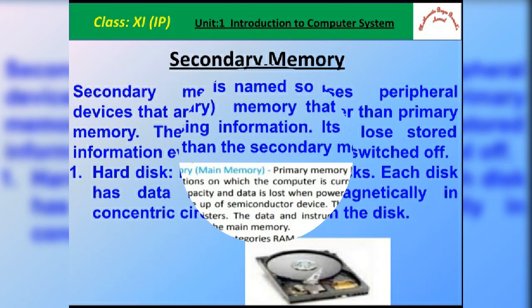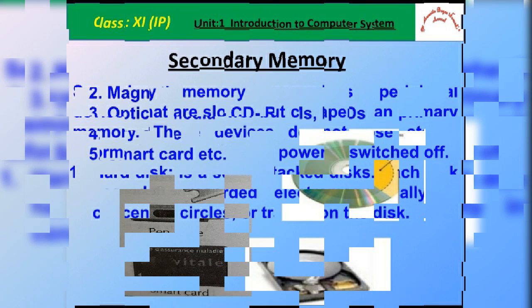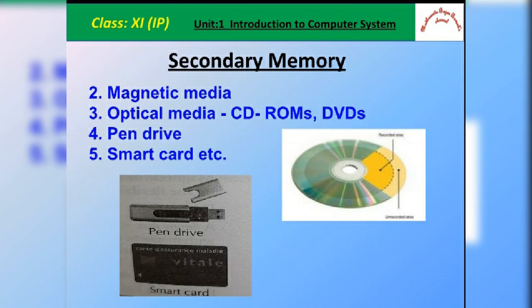Then the secondary memory. As the primary storage capacity of most computers is limited, it is both expensive and not always possible to hold a large amount of data and instructions in the primary storage. Hence, it becomes necessary to have a secondary or auxiliary storage device. The various secondary storage devices are the magnetic tape drive, magnetic disks, hard disks, pen drive. All these are included in the secondary storage devices.